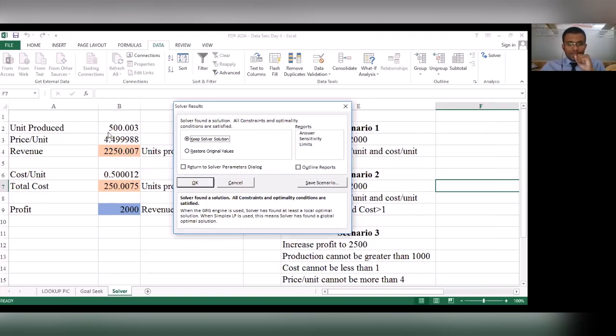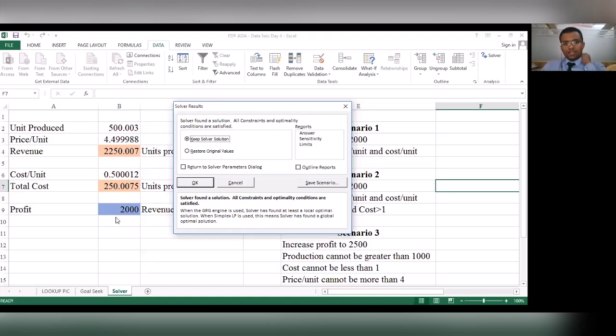What Excel is now telling me is, if I change my units produced to 500.003, and if I sell it at 4 rupees 49 paise, and if I retain my cost of production at 50 paise, then for sure I will get a profit of 2000.